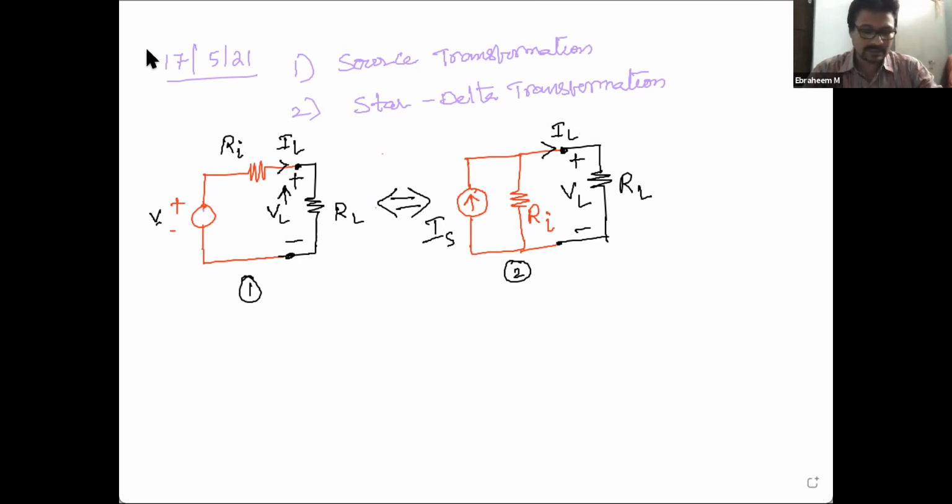That's why I mentioned at first that the load must be receiving the same current, and the voltage across the load also must be the same, whether it is the left circuit or the second circuit. So if the same value of load resistance RL, in both cases, is connected to circuit 1 and to circuit 2,